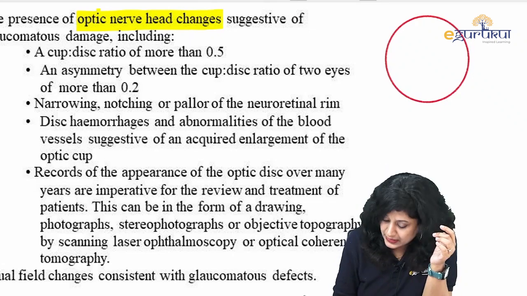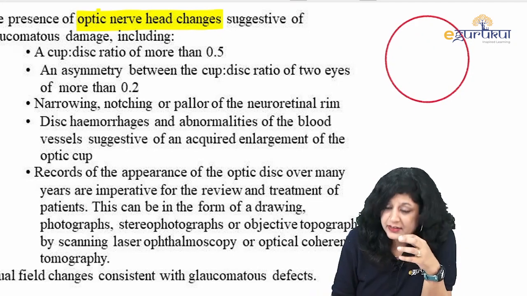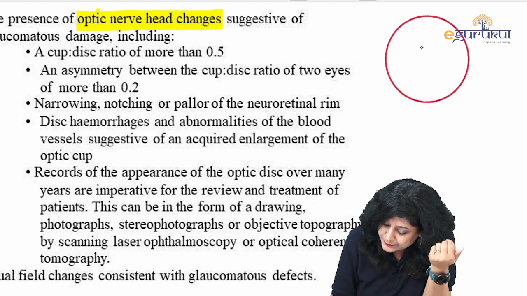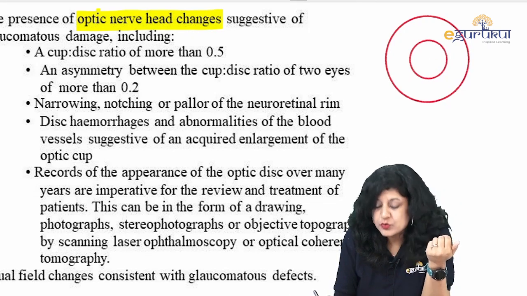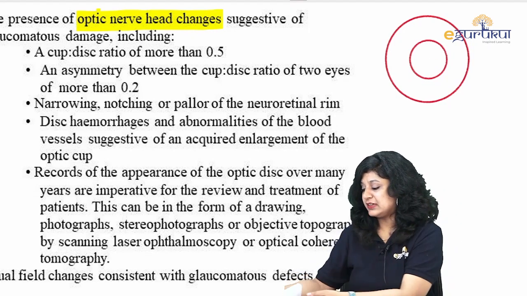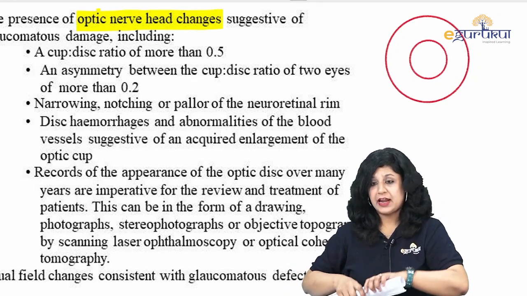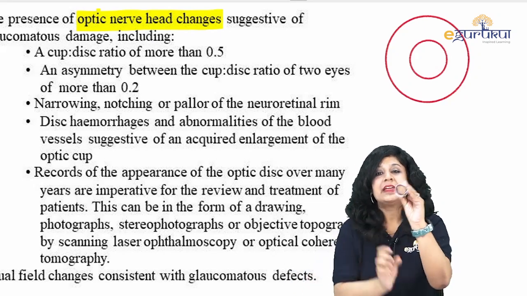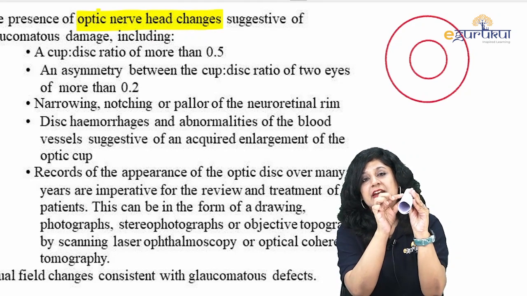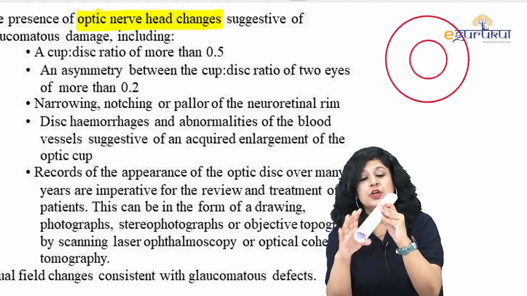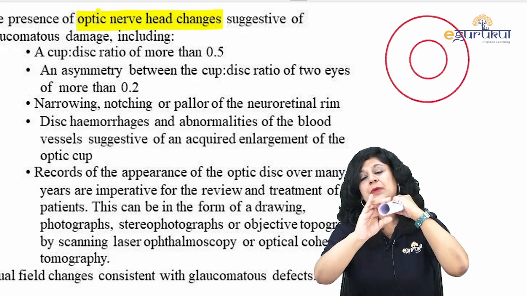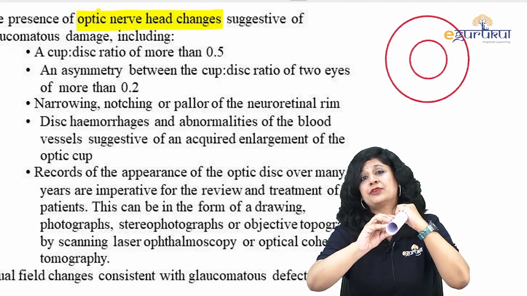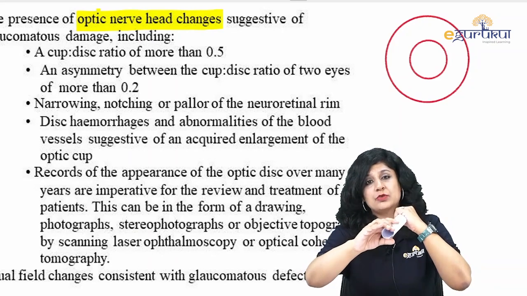be circular in shape, and reddish or pinkish in color, and then we have got a cup shaped depression in the center. Now actually why do we have this cup shaped depression in the center? If you remember, I told you before also, it is something like this because one of the layers of the retina continues to form this optic nerve. So suppose this is a sclera, and through the sclera these optic nerve fibers are coming out. Actually it is the nerve fiber layer of the retina which is coming out through the sclera.